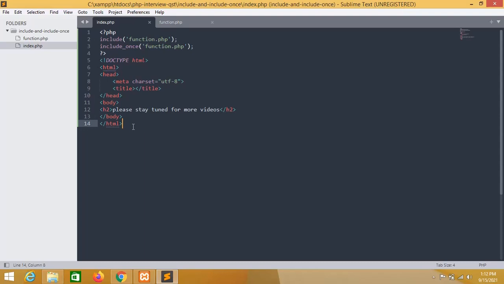So to overcome this, it is better to use the include_once function, so that even though a file is included multiple times, include_once includes it only once, so that all the code works properly.